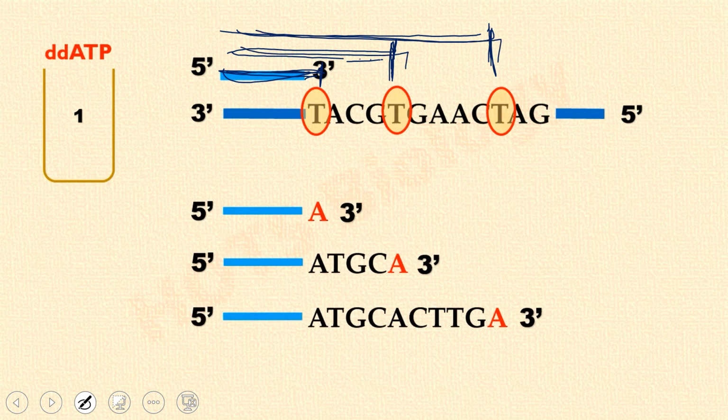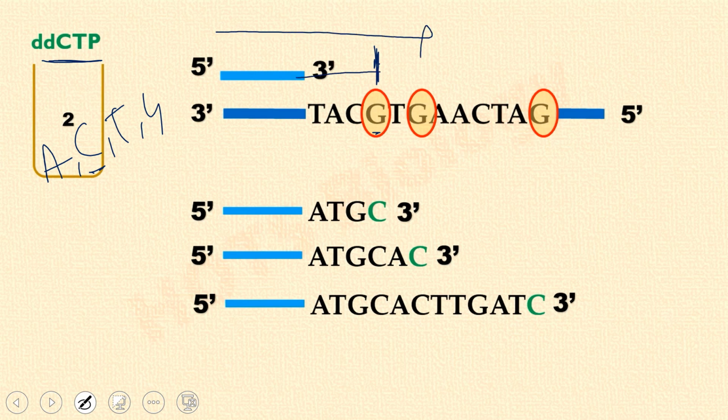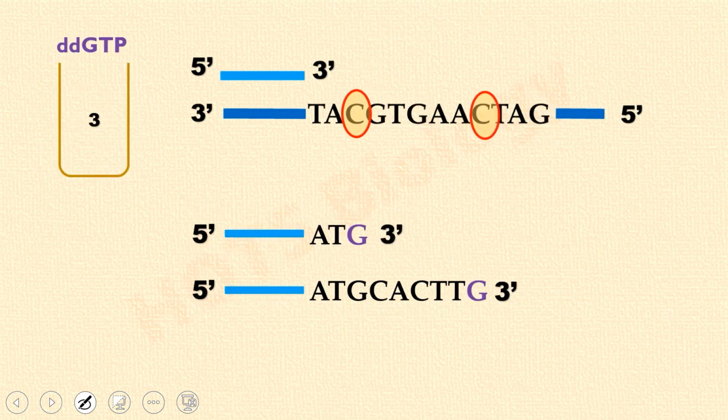You have got it. Similarly, when we go for cytosine, here guanine is there, so here cytosine needs to be added, either normal cytosine or the dideoxy form of cytosine. So either the chain will be terminated here, giving this much DNA, or terminated here, or terminated here. Again we have three different kinds of DNA fragments. We have got it.